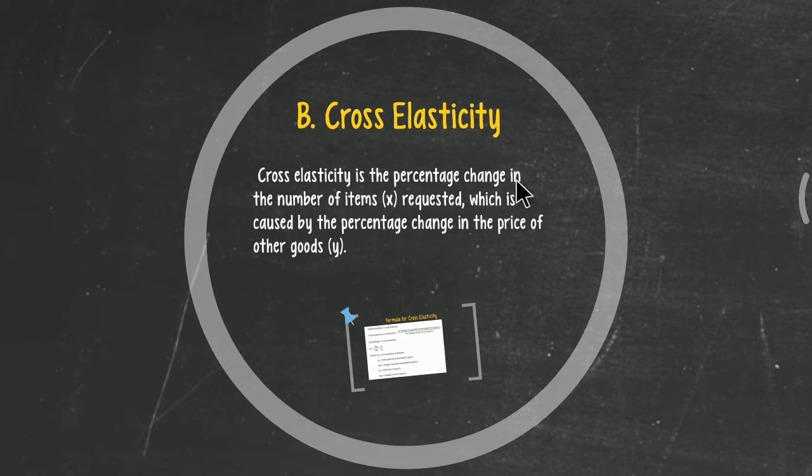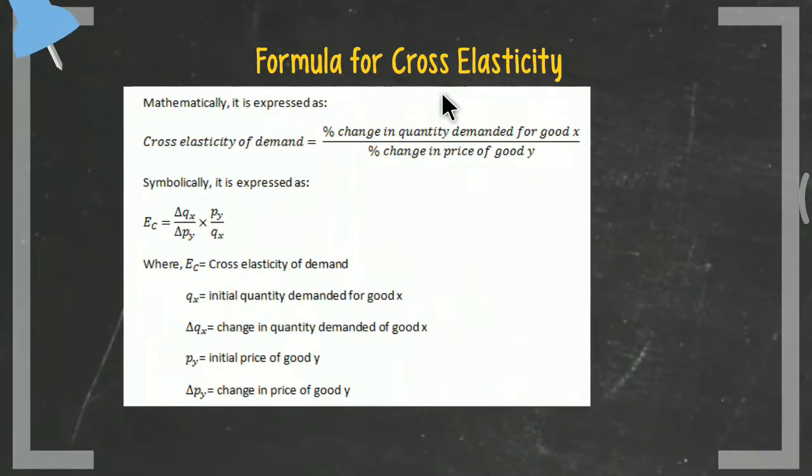Now we go to cross elasticity. Cross elasticity is the percentage change in the quantity of good X requested, which is caused by the percentage change in the price of other good Y. Formula for cross elasticity: cross elasticity of demand is the percentage change in quantity demanded for good X per percentage change in price of good Y,